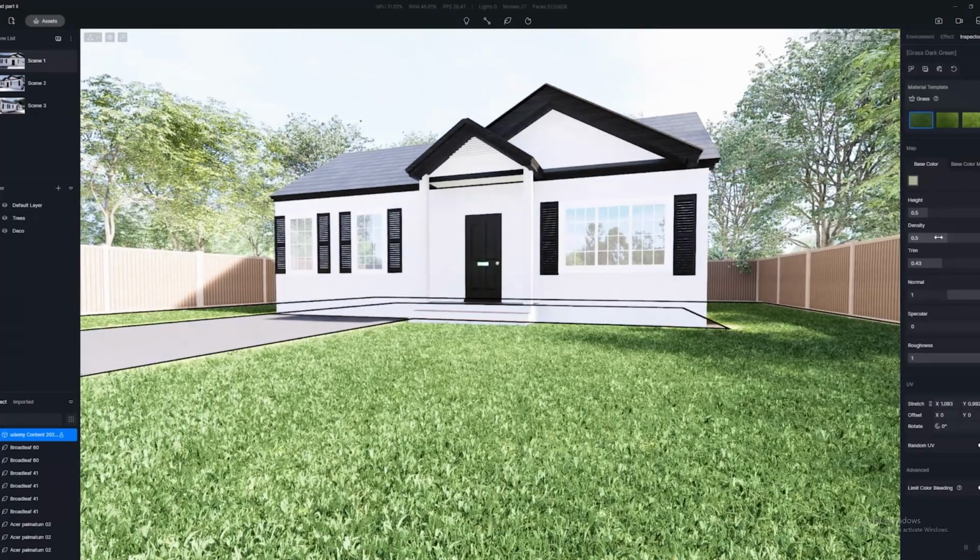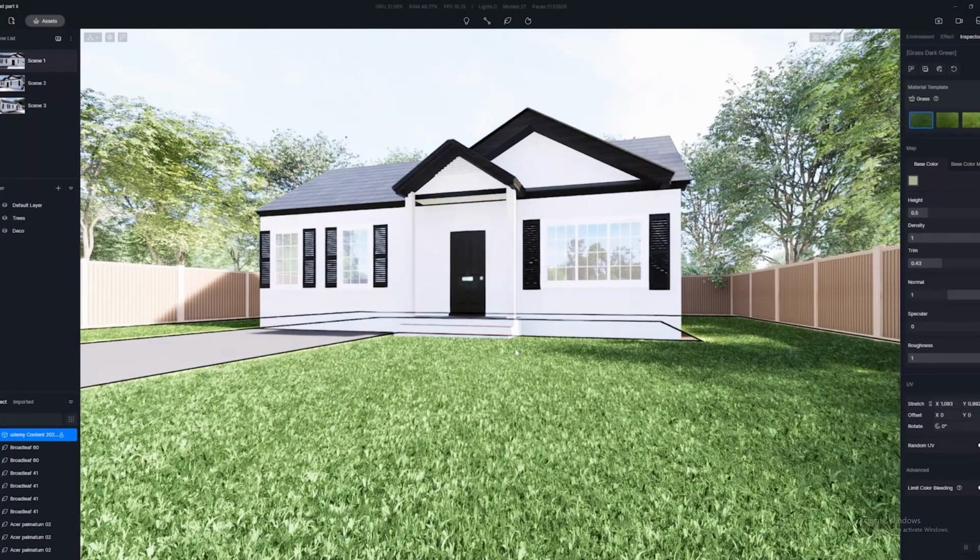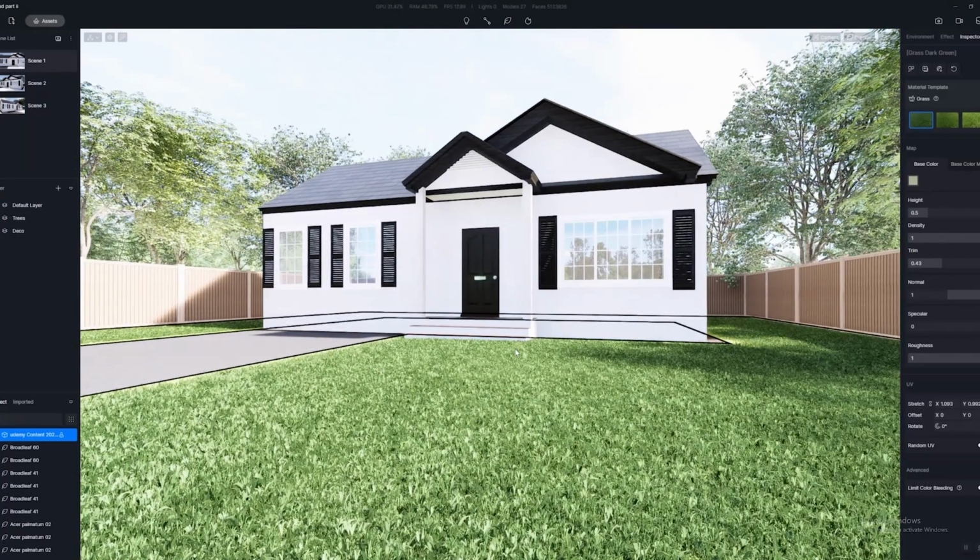Now, I think that looks pretty nice. Let me increase the density just a little bit. All right, overall, I think that looks pretty good. Now, since we're doing exterior renders, it is worth taking the time to note that sometimes you may run into